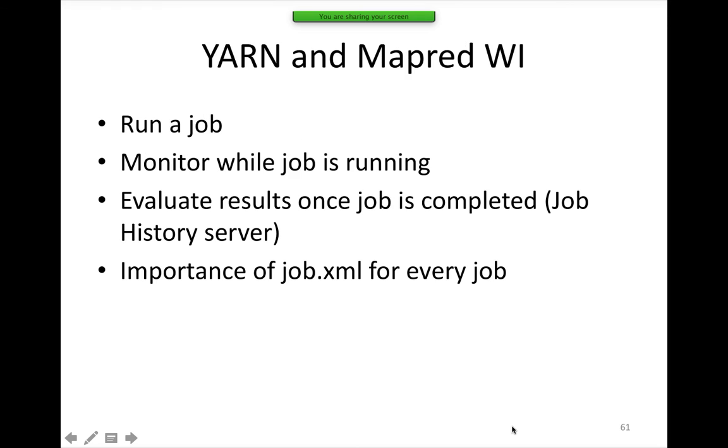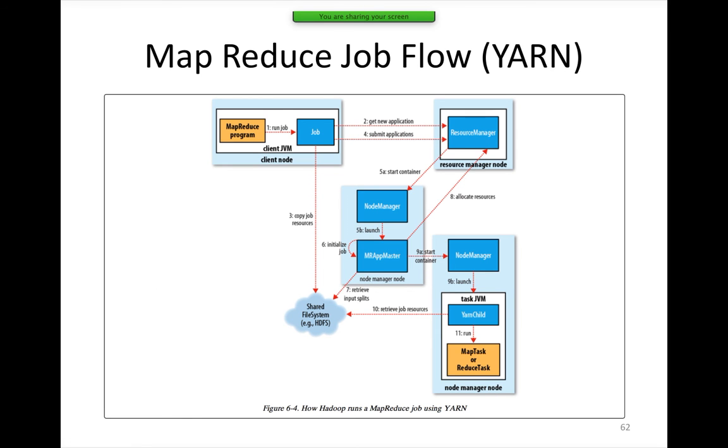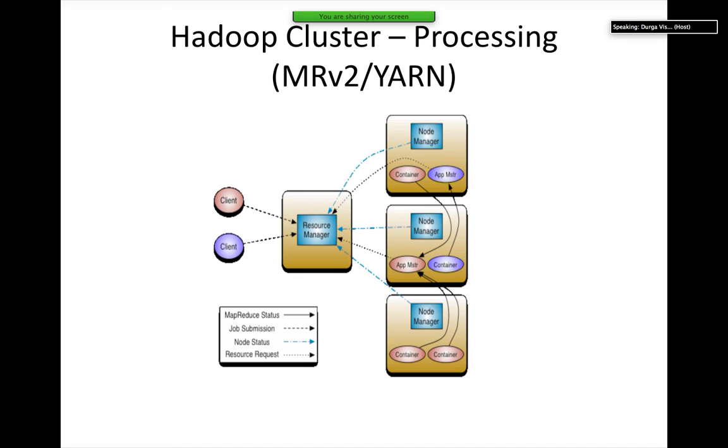So the next thing, it is done. So this is also explained. So this is how it will look like. If there are multiple jobs submitted at the same time, one is a purple job and one is a pink job, both requests go through the resource manager, and from the resource manager it will first talk to the existing node managers, look to see the capacity available in the cluster, and then first it will create the application master. For pink there is an application master on this node. For purple there is the application master on this node, and depending upon the tasks they need to